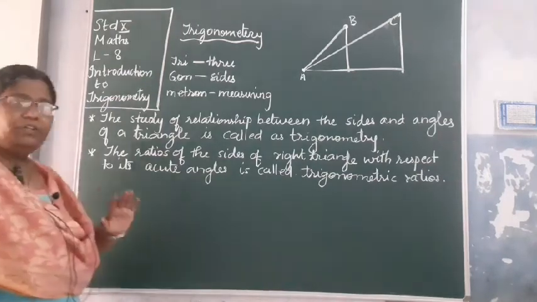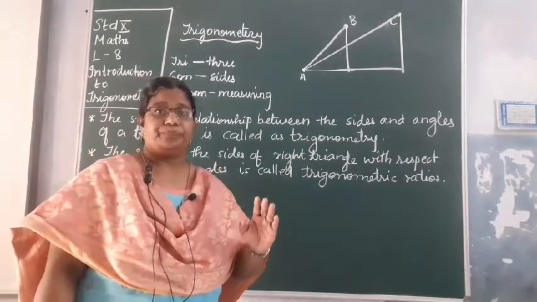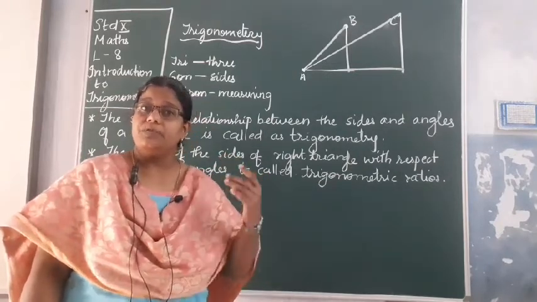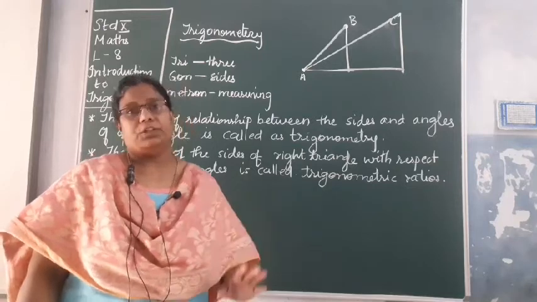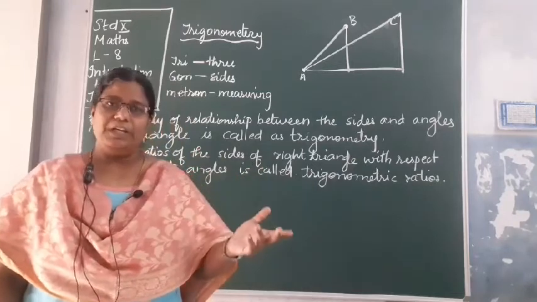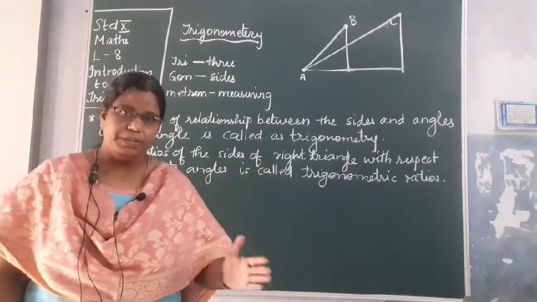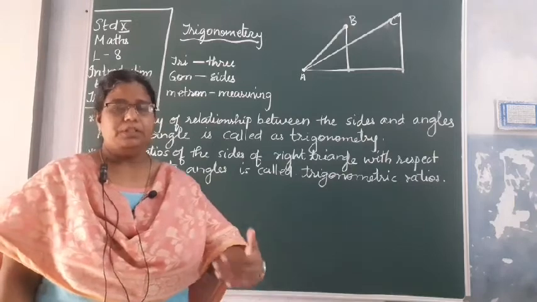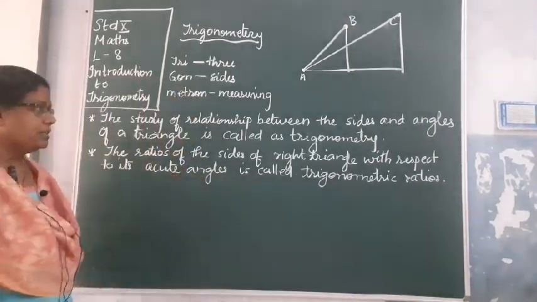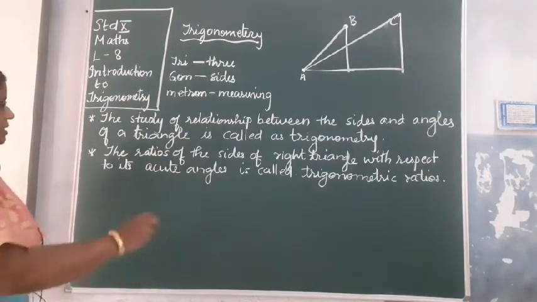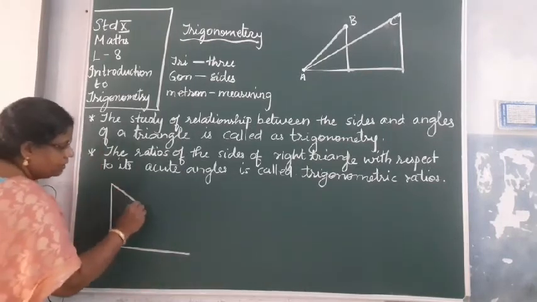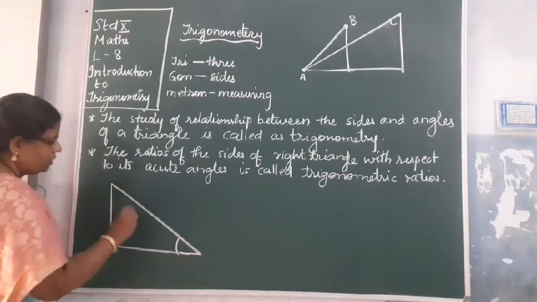So for that we will restrict our study only to right angled triangles. Also remember that our studies will be based only on acute angles. Okay, 90 degree, 0 degree, that also we can define, but it is not included in this textbook. Okay, so that you will learn in your 11th class. So let us restrict our studies to right angled triangles, and the triangle will have two acute angles.